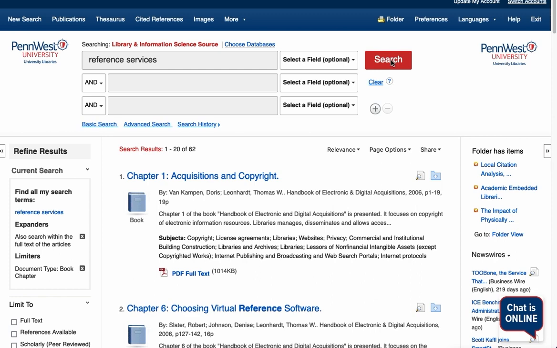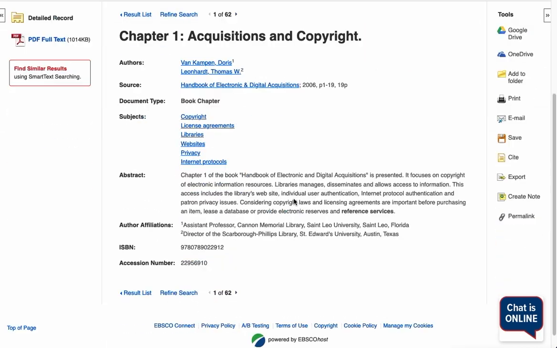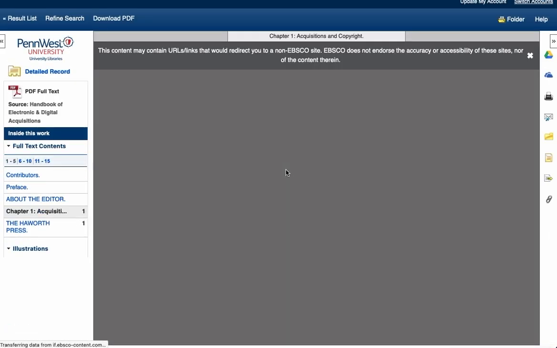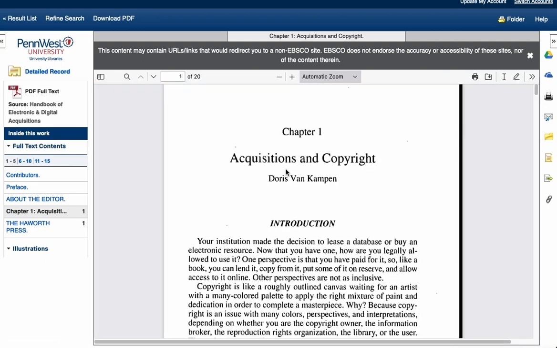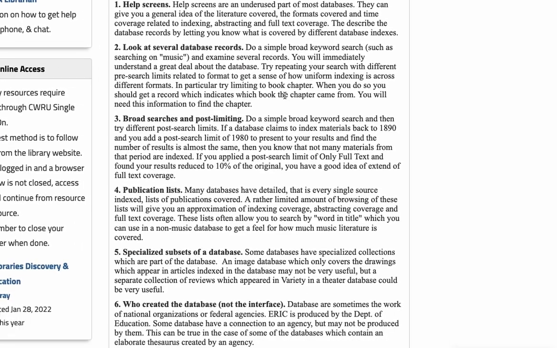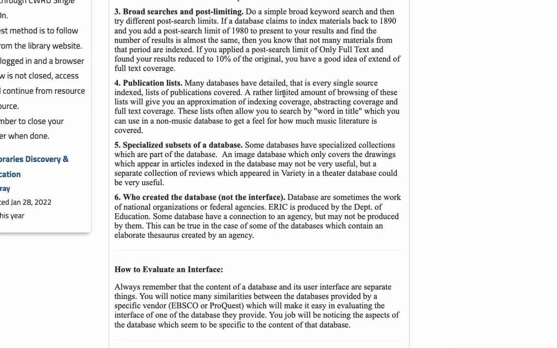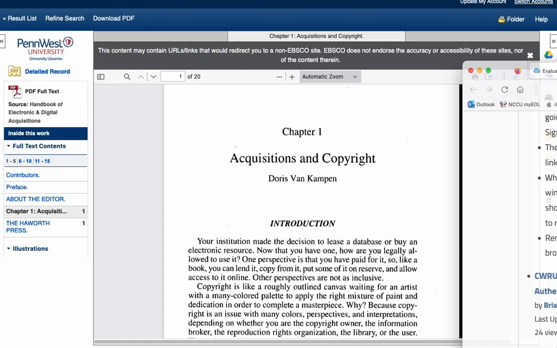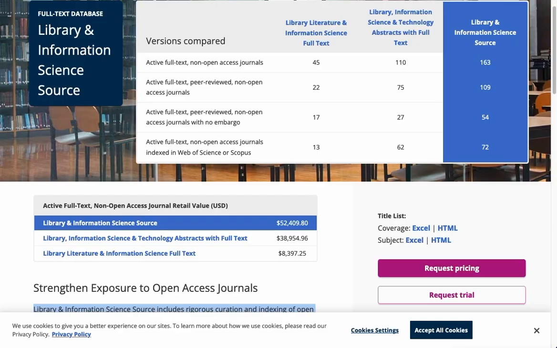So I have a book chapter here, and I can open the book chapter. And then I can study what they have in the book chapter. Let's go here, PDF full text. And in this search, I will have chapter 1. So I can describe that, okay? Publication list, we went over that. Does it have specialized subsets of the database? Well, it is interesting, according to this here,